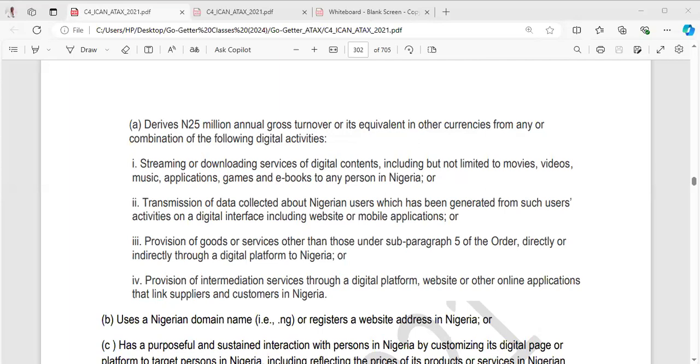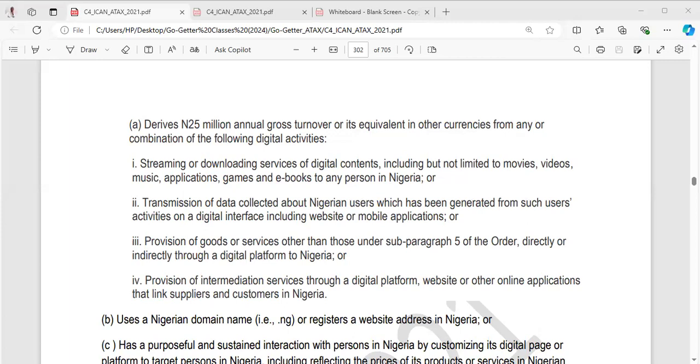Transmission of data. And so sometimes you'll be wondering, how did this company get your email address? You didn't fill in anything and they are sending you emails. They've gotten your data. That is digital transmission of data, and they are using it in their mobile devices or their website. So when they have generated up to 25 million naira from this activity, it translates to digital significant economic presence. Then we have provision of goods and services